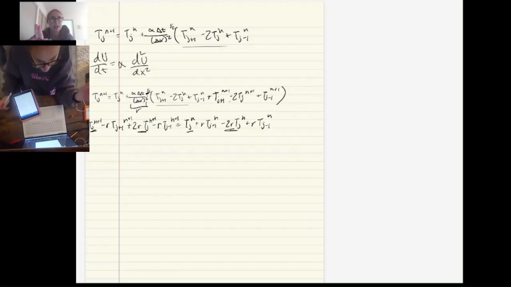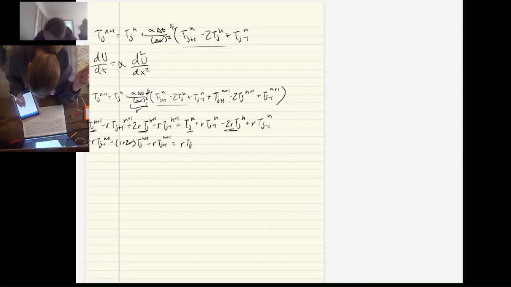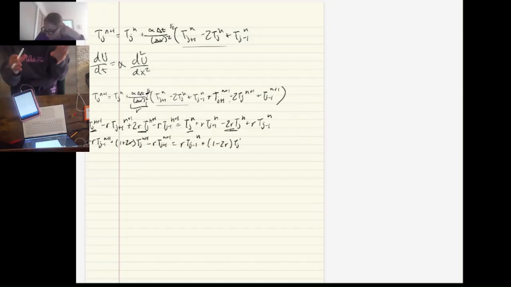And then for the right side of this equation, again, I want to start with tj minus 1 because it's the smallest in the time step and the displacement step. So r tj minus 1, and then we're going to have plus 1 minus 2r tj n, and then plus r tj plus 1 n. Okay, so from this we can solve this for the